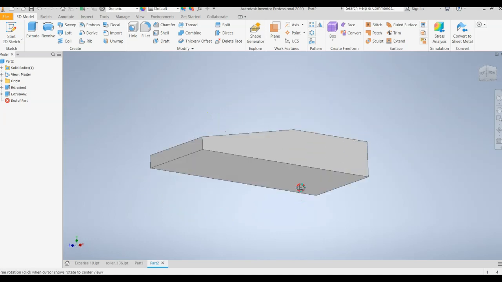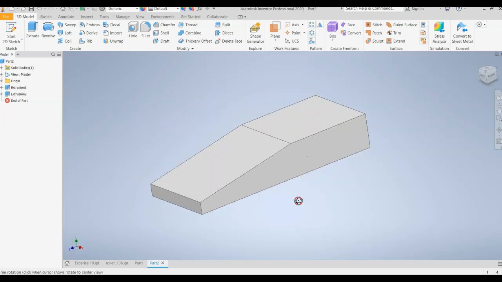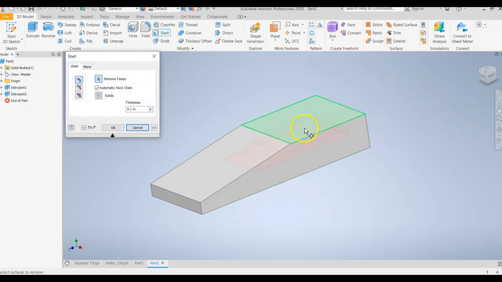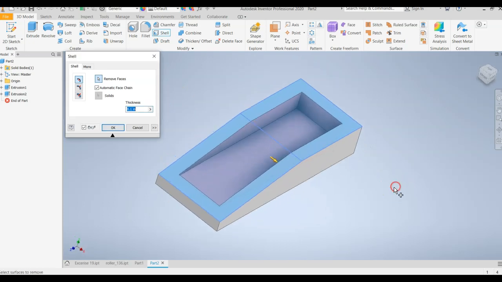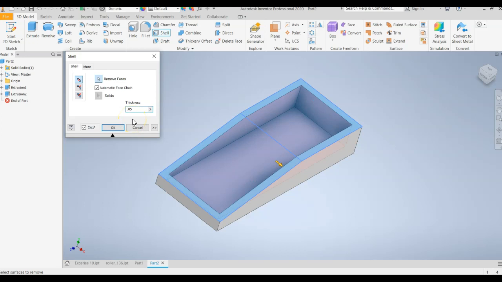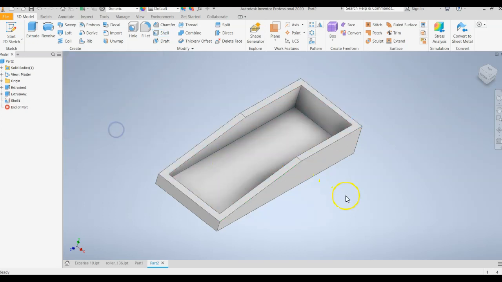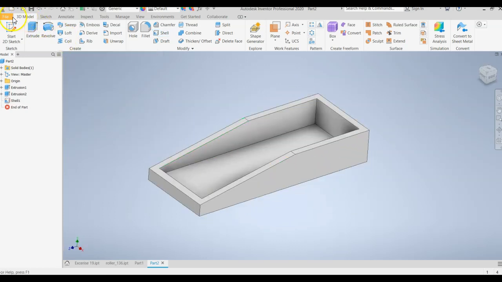You might be asked to remove material, and you might have to shell the material. So if I click shell, let me show you what I mean. If I click remove faces and then click these two surfaces, you see what it's doing? It's taking out the material from the inside, and then you have to double check that your thickness is correct. It might be like 0.05 or 0.07 or something, and you'd click OK,